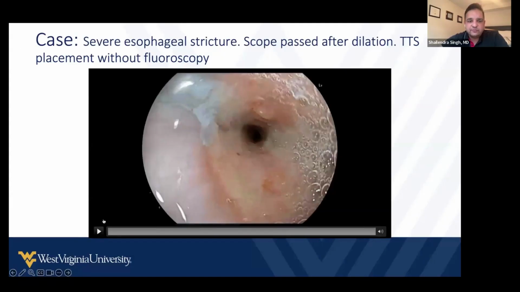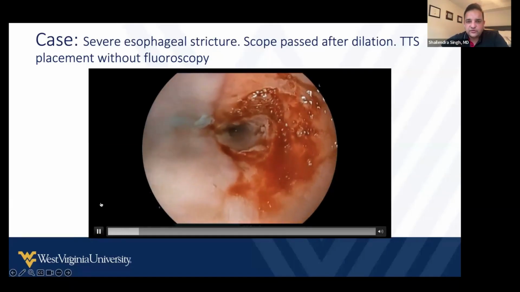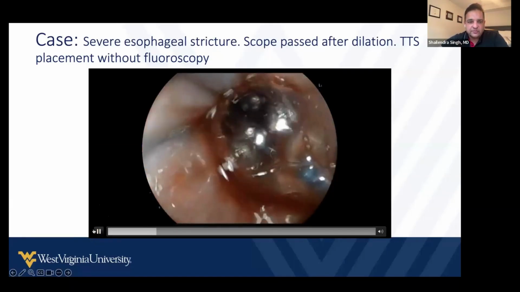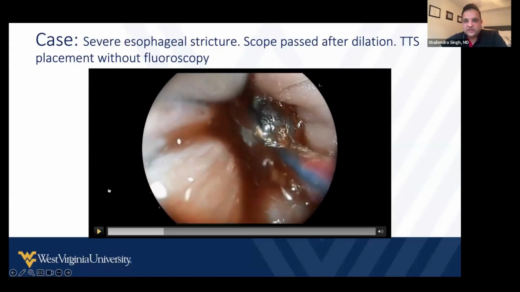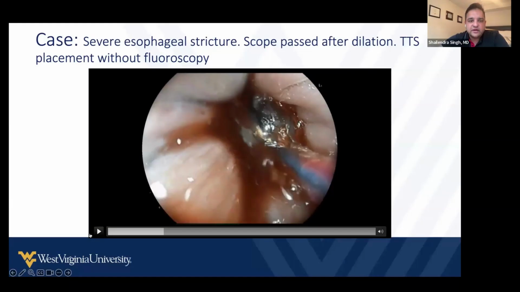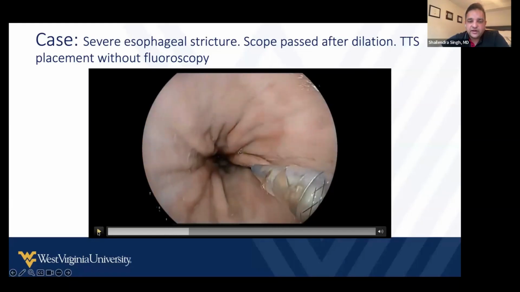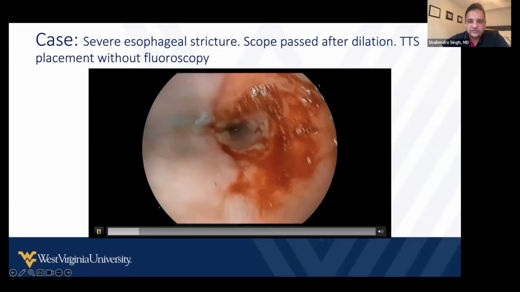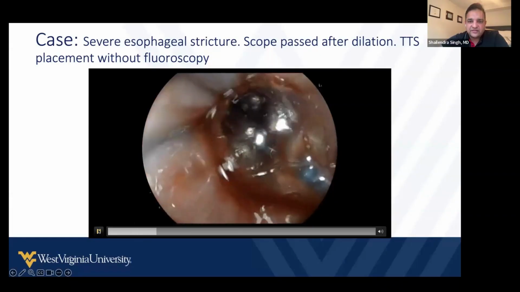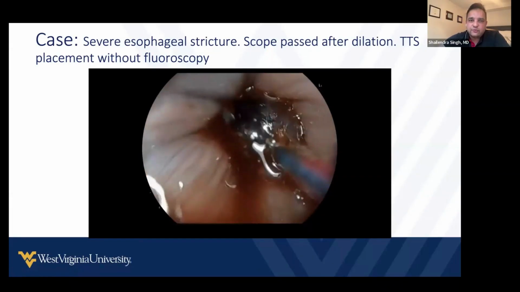This is again a patient with benign esophageal stricture, a severe stricture, who failed multiple dilations. He came to us for a repeat dilation, but talking to him and seeing the stricture with no improvement despite multiple dilations, a decision was made to place a stent. So it's possible to place these stents, but you have to be careful. Here what we did is we dilated the stricture first. With dilation, we were able to pass the scope through. And after we were able to pass the scope, a guide wire was